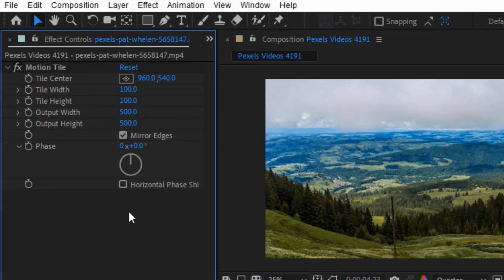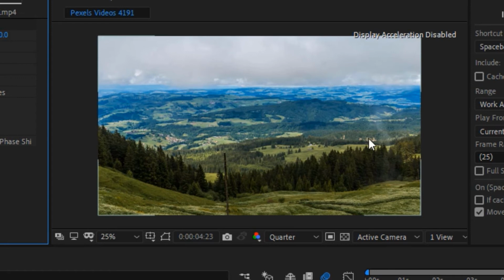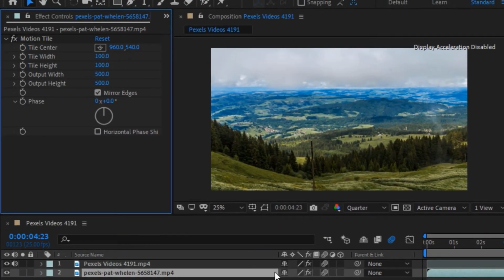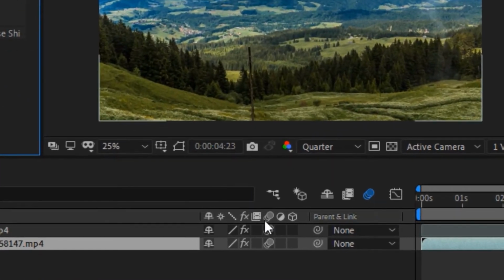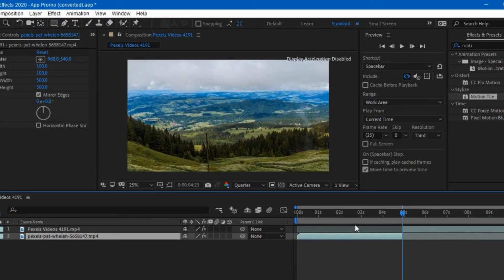And then what we've just done is we've actually added some more edges to this clip so that when we have that rotation, it doesn't show any black bars or black edges. So that's what we've just done with the Motion Tile effect. Now as you can see right here, the Motion Blur is checked. All you want to do is just uncheck that, and now you can see we can simply create an adjustment